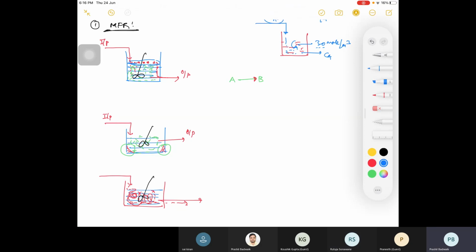Okay. Any other? Unconverted. Okay, unconverted stream. Yes, that will remain unconverted. So this particular non-ideality is called your bypassing. This kind of non-ideality is called bypassing. We'll study it in detail. But now please remember this is bypassing, right? They are not going inside, they are directly coming as it is, unreacted. So it is bypassing. I hope you know the meaning of bypassing here. Okay. Then what kind of non-ideality can you say here?